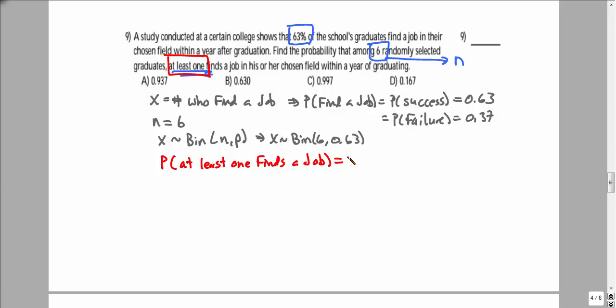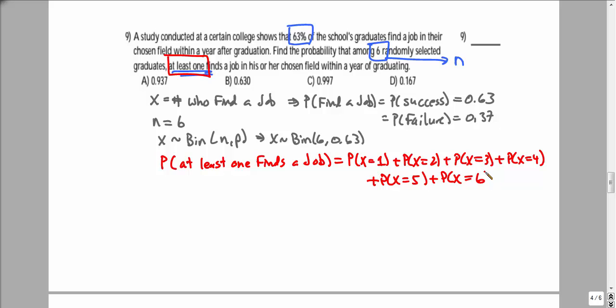So I'll have to find the probabilities for each of these. So this would be the probability x equal 1, plus the probability x equal 2, plus the probability x equal 3, plus the probability x equal 4, plus the probability x equal 5, plus the probability x equals 6. So I'm going to have to find the probability of all these or